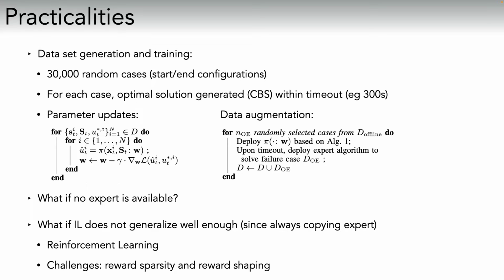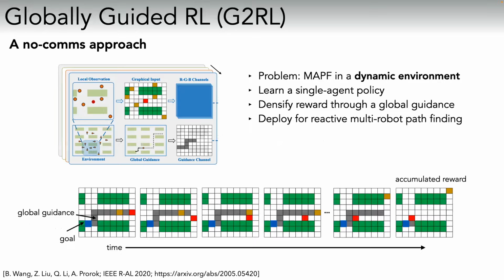There are many challenges with reinforcement learning. We've only recently started delving into this tool. And one of the challenges definitely is the problem of reward sparsity and reward shaping that you have to deal with throughout the learning process. So I would like to give you an example of one situation where we found that reinforcement learning did a better job than we could have done with imitation learning.